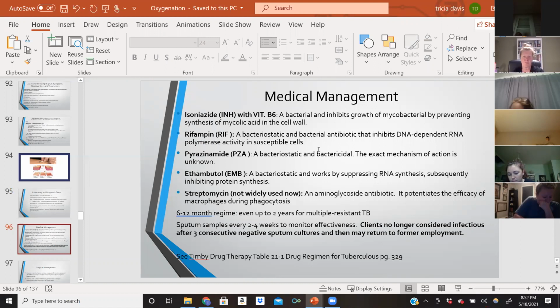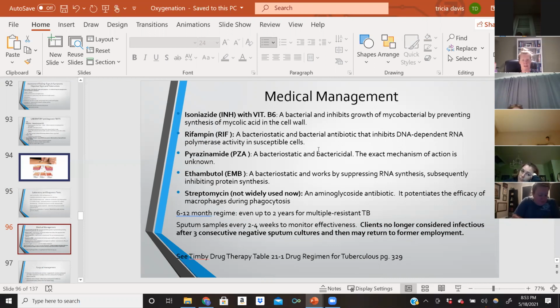Medical management. So this is the list of the medications that we're going to give. So isoniazid, also called INH, it's a combination medicine with vitamin B6. It is an antibacterial, and it inhibits growth of that mycobacteria, and it prevents the synthesis of the mycolic acid in the cell wall. We can also give them rifampin, also a bacteriostatic and a bactericidal antibiotic that is going to inhibit that DNA